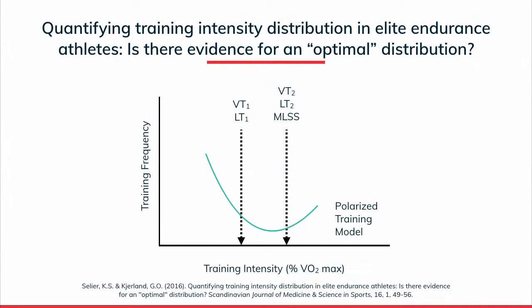Looking at some research here, again, describing that 80-20 rule, the polarized training model. The 80-20 rule would be that 80% of the training is completed below VT2 or LT2, and only about 20% of the training is planned for beyond that. As you can see with this curve